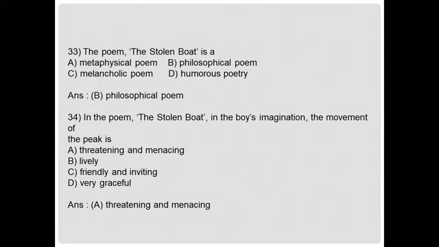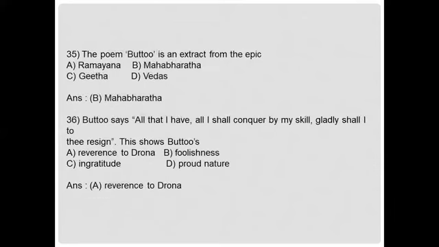and menacing, B. Lively, C. Friendly and inviting, or D. Very graceful. And the answer is option A. Threatening and menacing. Next, the poem Bhishma is an extract from the epic A. Ramayana, B. Mahabharata, C. Gita, or D. Vedas. And the answer is option B. Mahabharata. Next, Bhishma says, All that I have, all I shall conquer by my skill, gladly shall I to thee